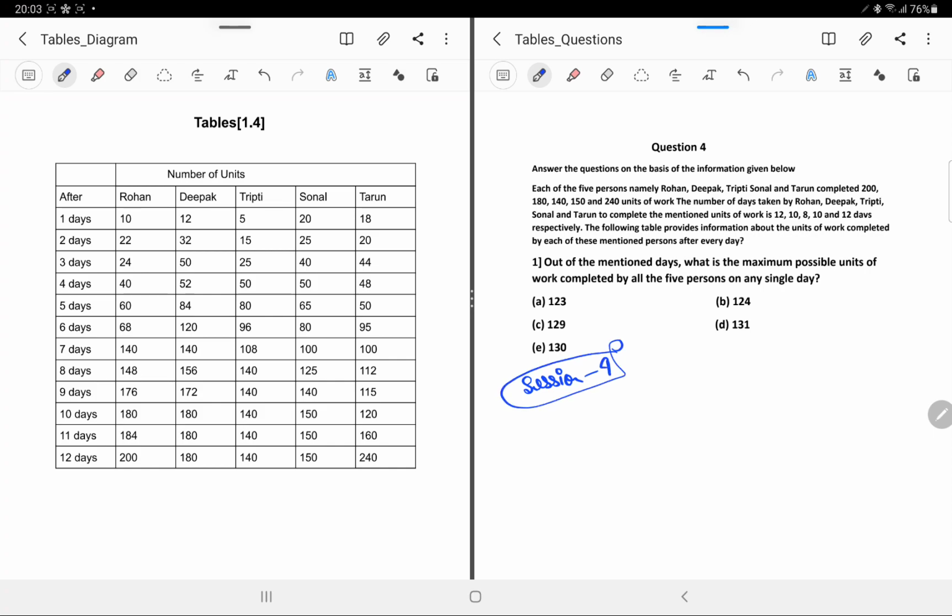So this will be the final session for tables. The aim was to cover each and every question type for the tables. In the first, we covered something that was calculation intensive. Then in the next video, we covered a problem that was more or less a partial caselet. Then in the third, we looked at a question that was more or less formula based. And in this session, we will look at a question that is based on cumulative data.